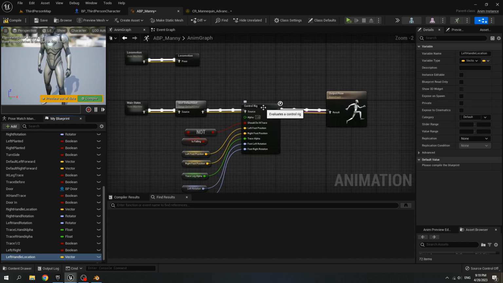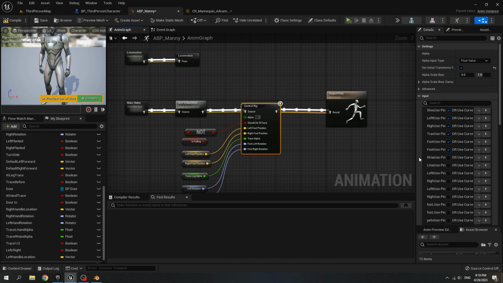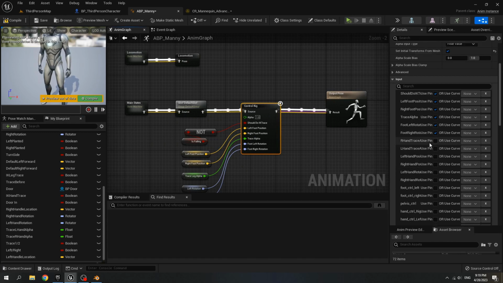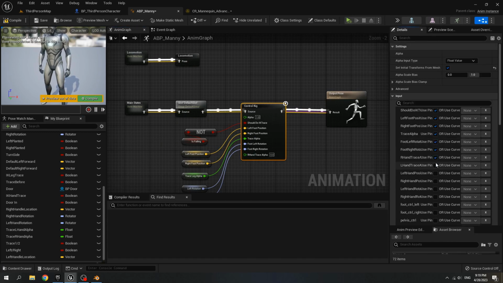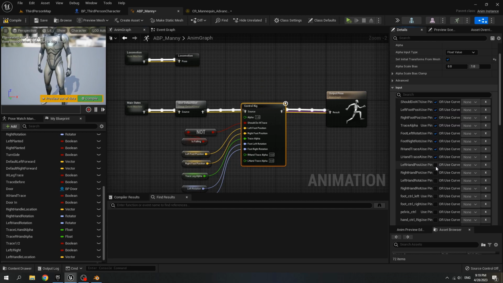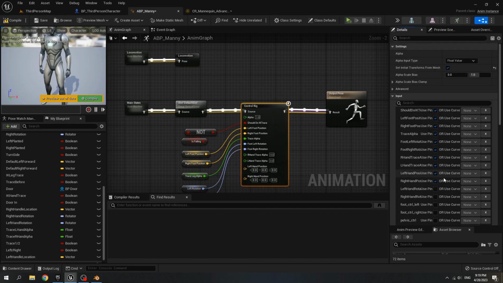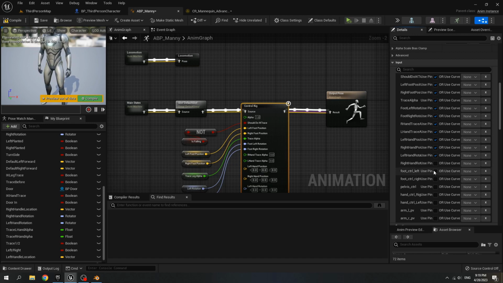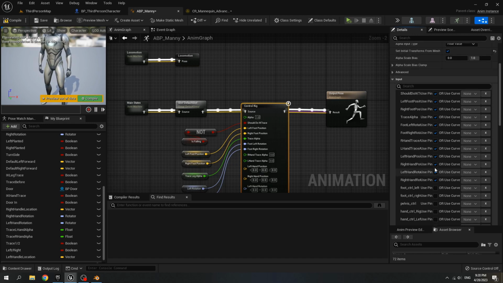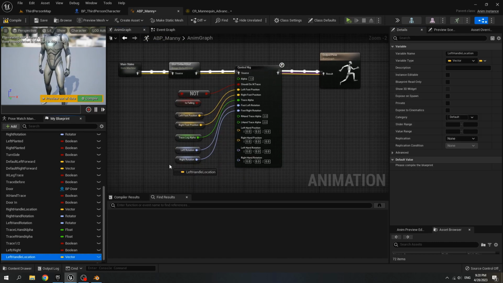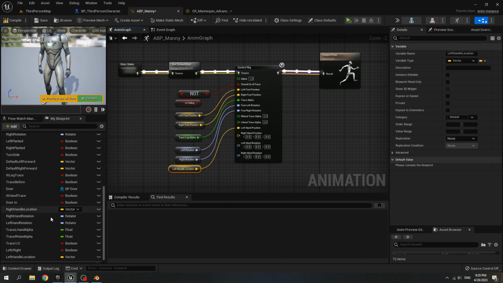And for the control rig, we use the pins of R hand trace, L hand, left hand position, right hand, and right hand rotation. Get left handle location, connect it to left hand position.